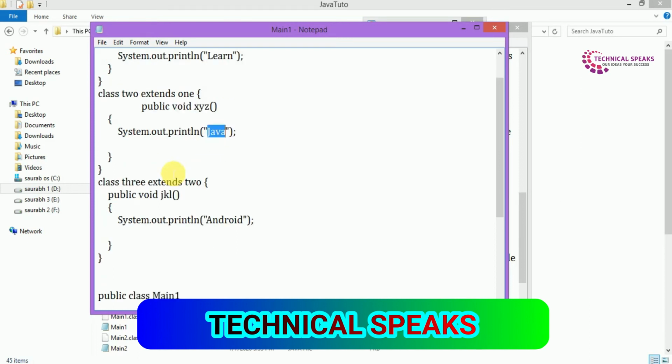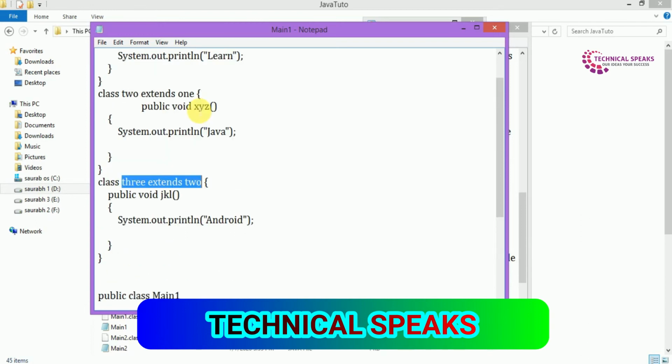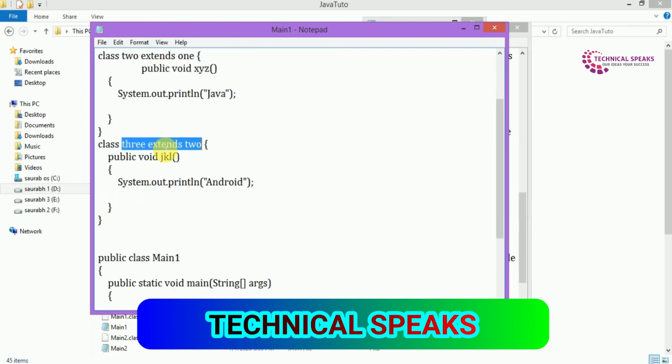Class 3 extends 2. Here we create a class 3 which extends class 2, and so automatically extends class 1. Public void jkl, System.out.println("android"). Under the method jkl we want to print android.